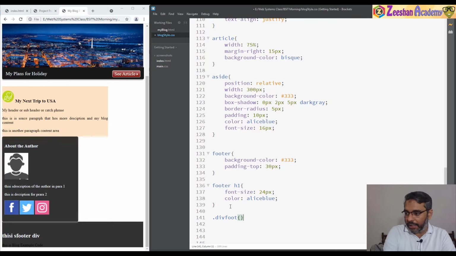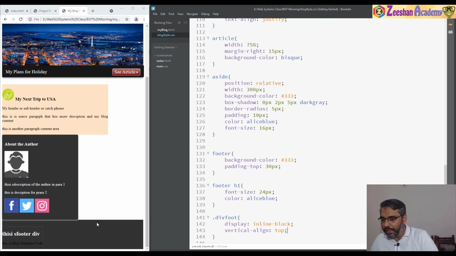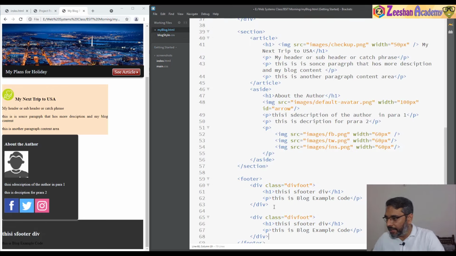the div foot, we created a class there. I can use this to be as display. One thing would be inline-block. Okay, and vertical alignment I would usually use as top. What this will basically mean, if you can have an idea, there is one block here. So if I come back inside my code and copy this div here and come back and paste it,